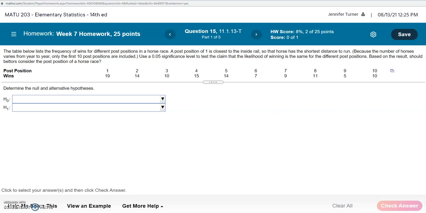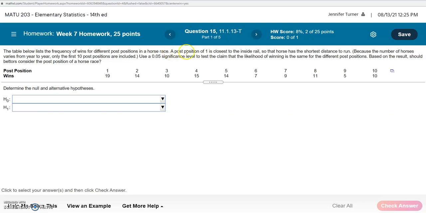So let's do this test for goodness of fit. This question says, the table below lists the frequency of wins for different post positions in a horse race. So if you've ever watched horse racing, you know that they line the horses up in different positions in little pens, and each of those positions has a number, and that is the post position for that